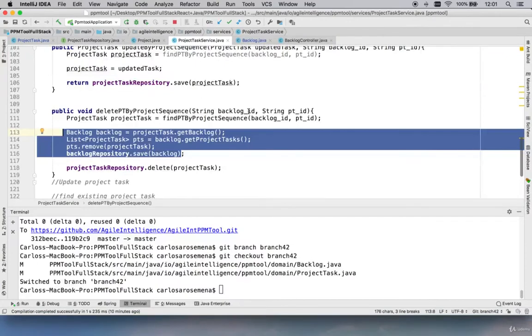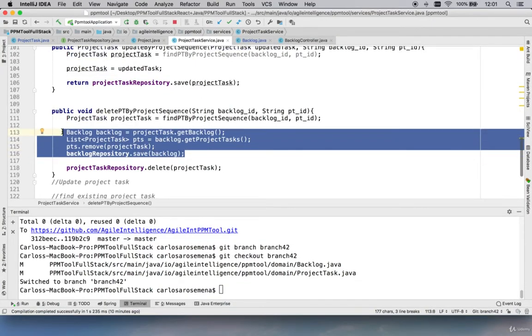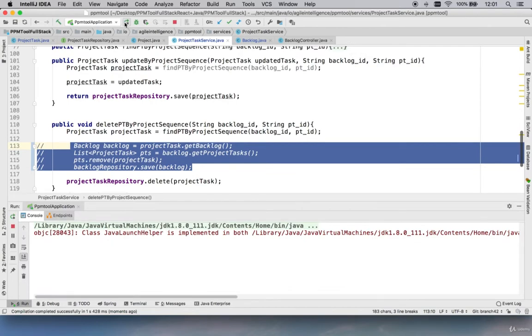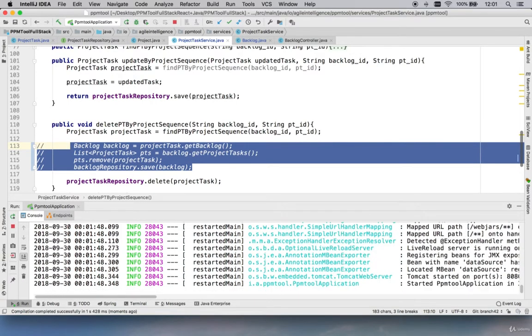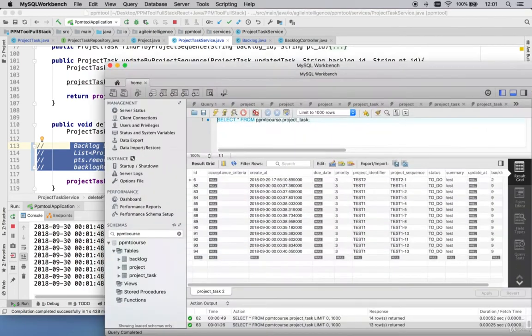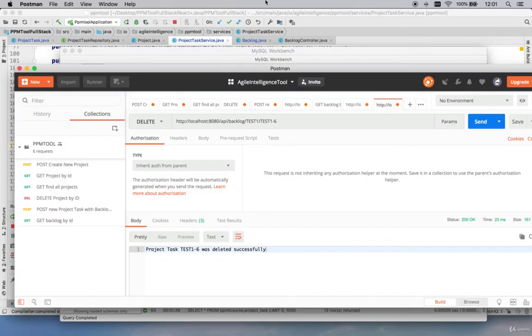And I knew that there was a way. I just did it wrong. That's all. So if I comment this ugly code and restart our server, then we're probably gonna be back to not being able to delete anything without the ugly code. So what if we try to delete 7, which is my lucky number,